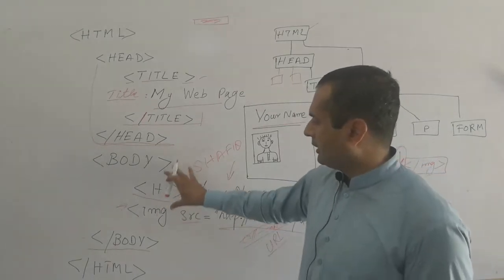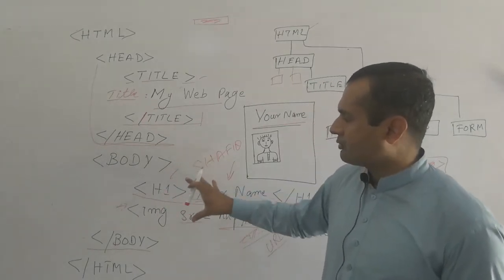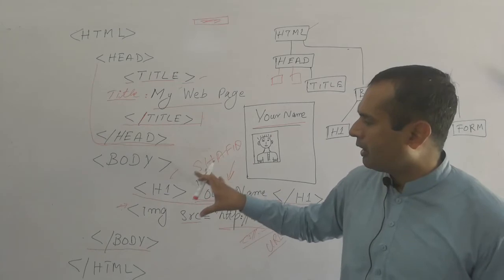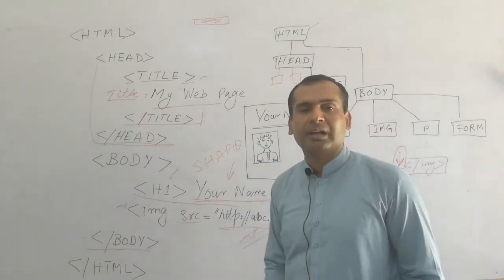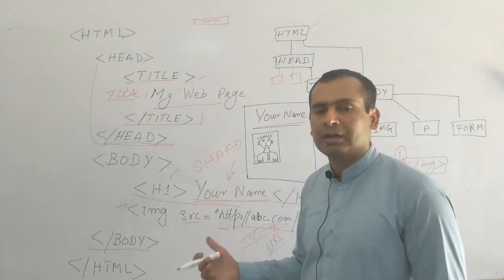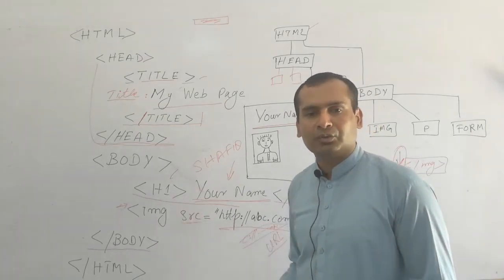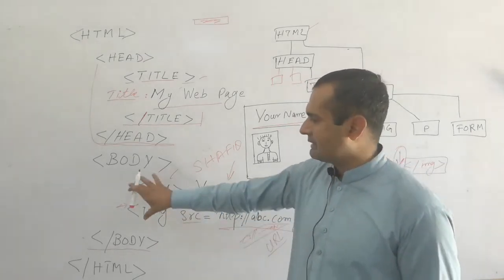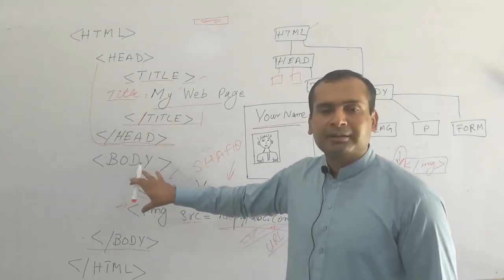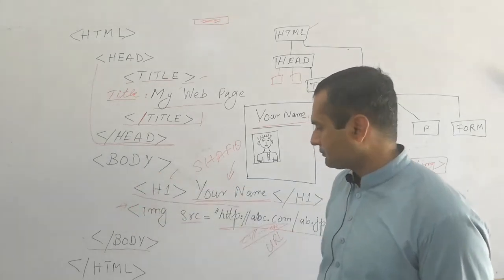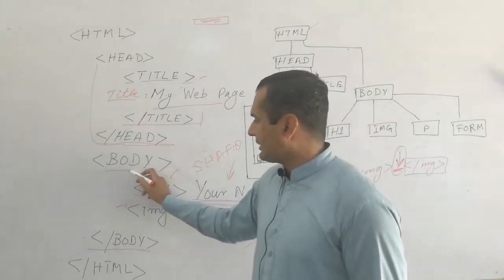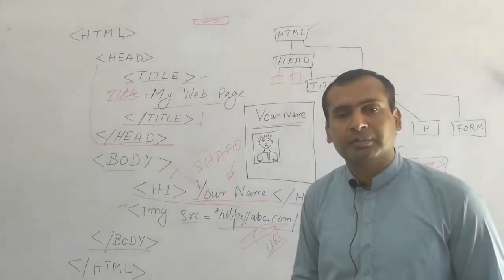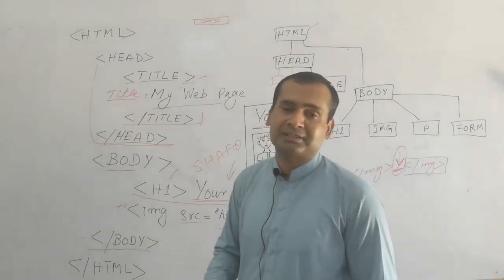In the body element or body tag, the actual content of our HTML page resides. It may contain 100 lines of different elements, or 200 or 500 or 1000 or 2000. Actually this is the content that represents HTML data. One more important thing that you should know is that HTML is case insensitive. It is a markup language, but it is case insensitive.